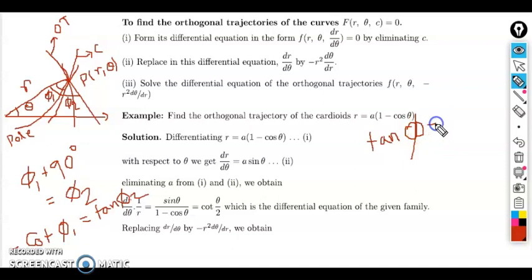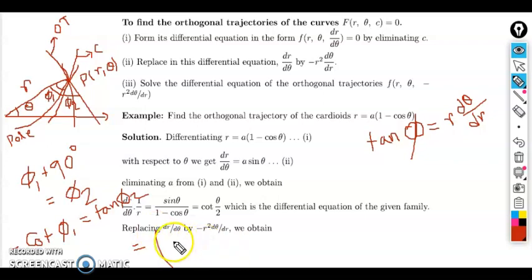Tan phi is equals to r d theta by dr. So from this we can write